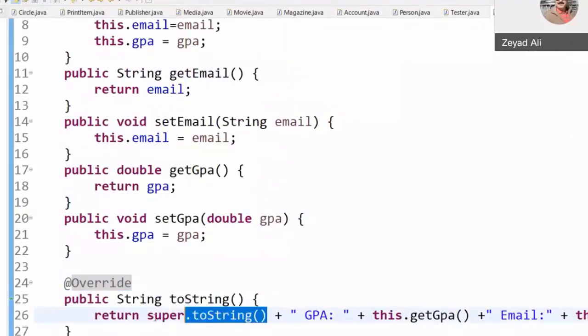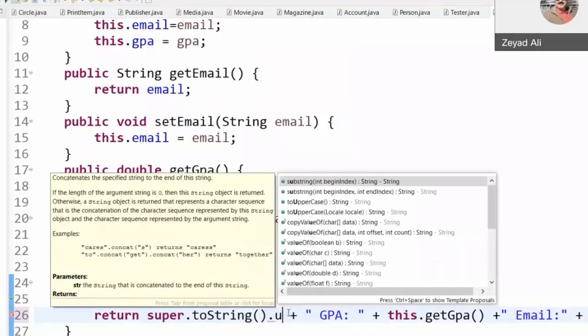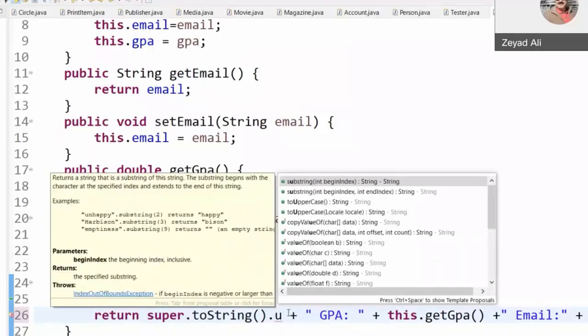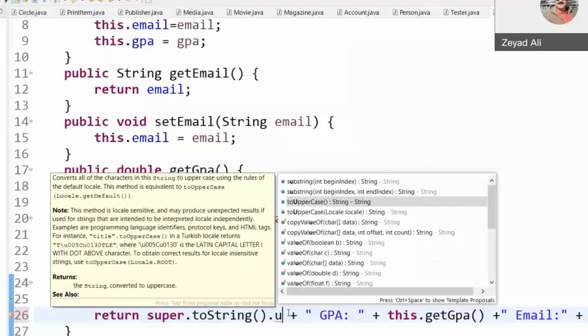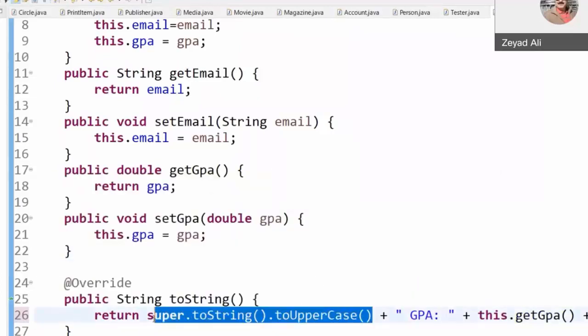The superclass toString will return a string. Do whatever you want with that string. For example, you want the output of the superclass to be in uppercase, for example.